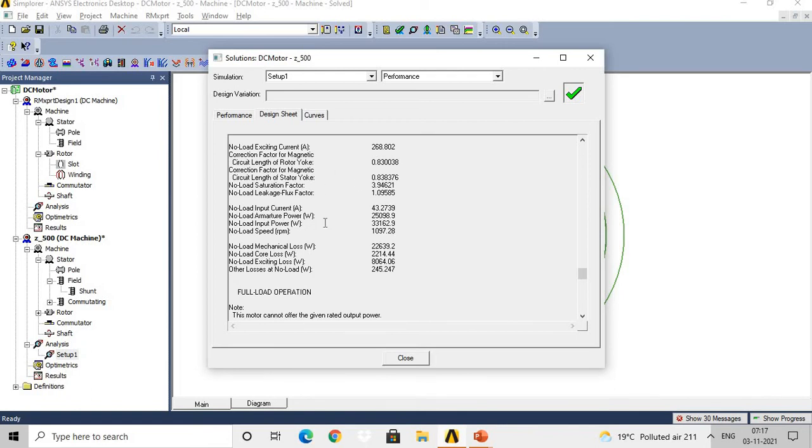That means all this information related to the no load performance of the machine is available under this design sheet.